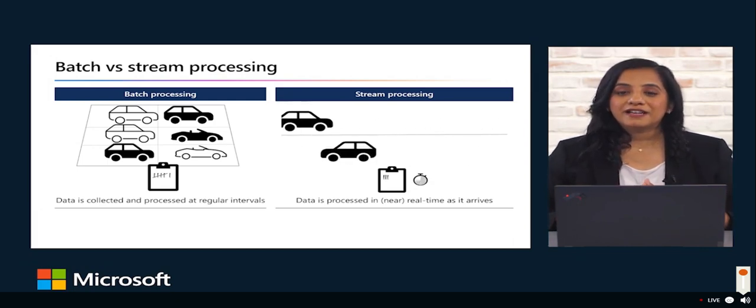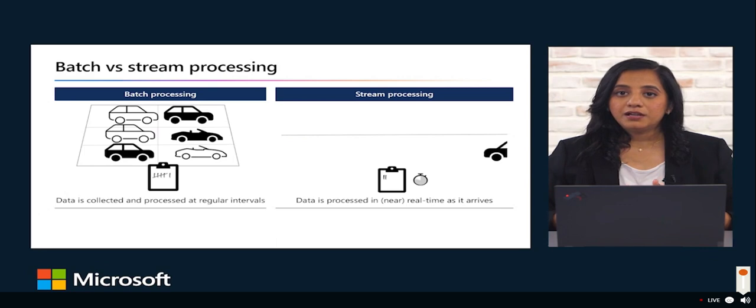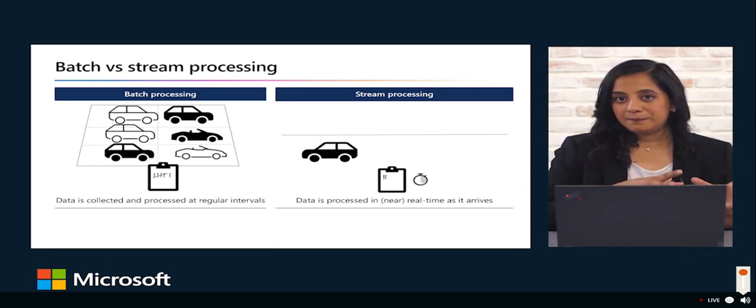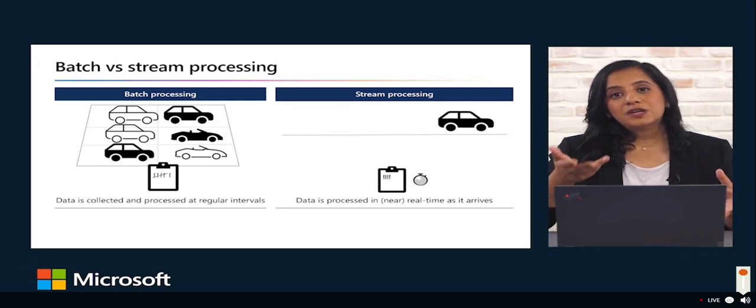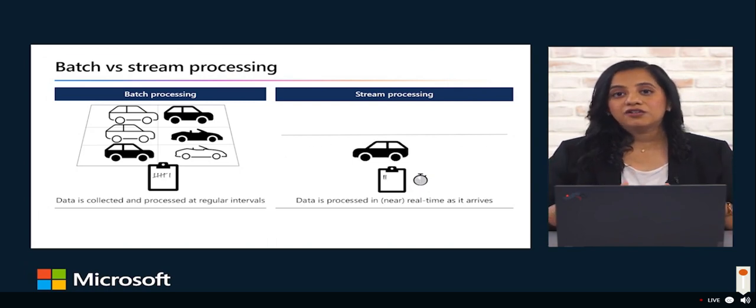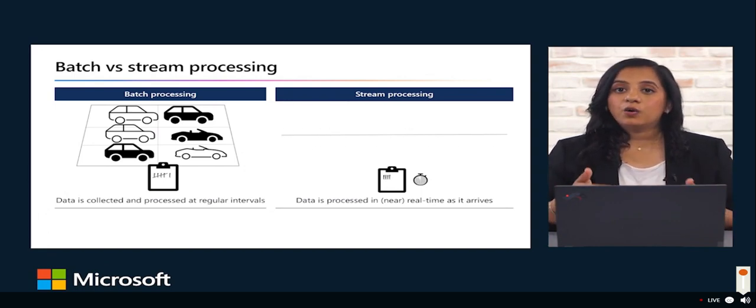Stream data processing is beneficial in scenarios where new dynamic data is generated on a continuous basis. For example, a better approach to our hypothetical car counting problem might be to apply a streaming approach by counting the cars in real time as they pass. In this approach, you don't need to wait until all of the cars have parked to start processing them. And you can aggregate the data over time intervals, for example, by counting the number of cars that pass each